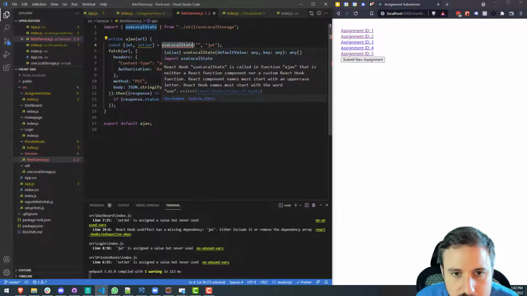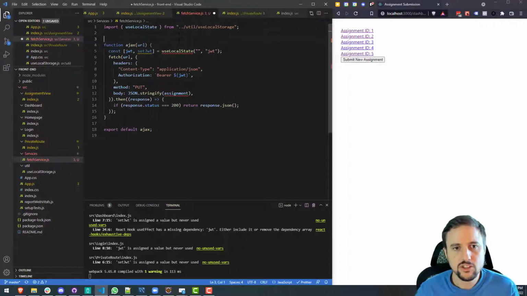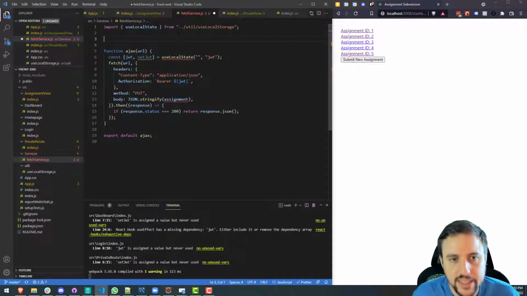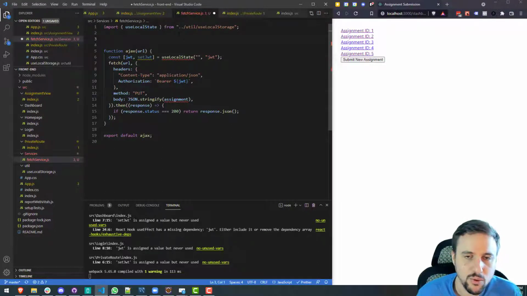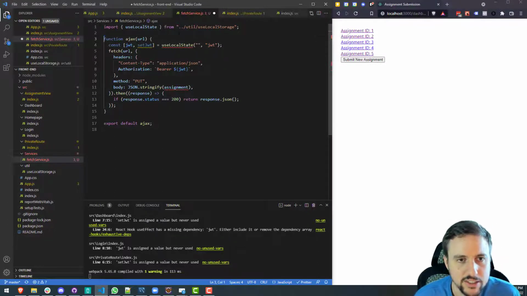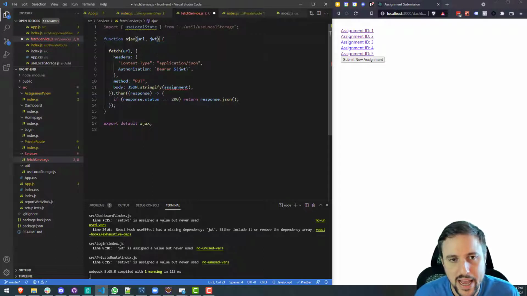It's calling a function that is neither a React functional component nor custom React hook function. Now, there might be a way to make this into a custom React hook function, but I don't want to get that complex. One other solution here is to create this as a functional component, but that does kind of muddy the water. That does not make me feel great. So for now, I'm going to rely back on my first thought, which was to pass in the JWT,